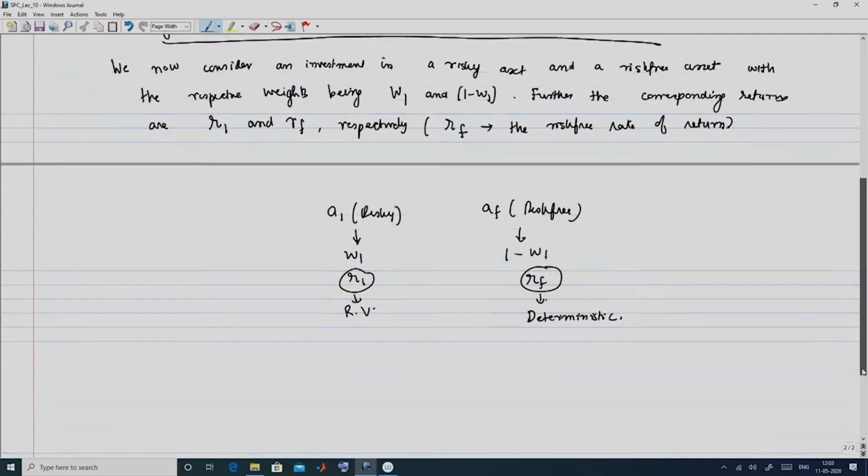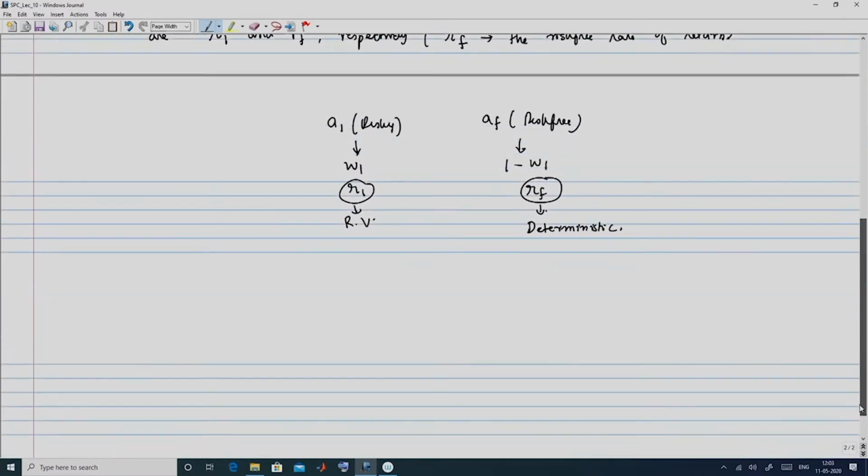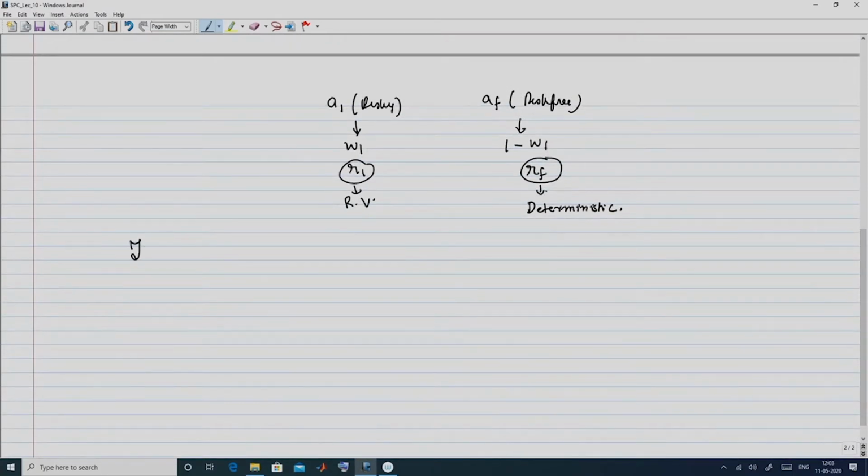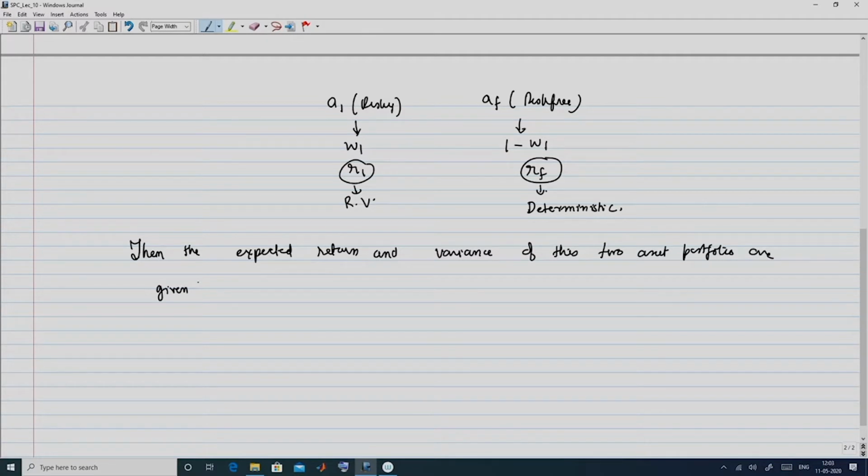Okay. So, now you have this portfolio of two assets. What you can do now is look at the expected return and risk of this portfolio. So, the expected return and variance of this two asset portfolio are given by, so if I identify the portfolio with the letter P, so the expected return of the portfolio P